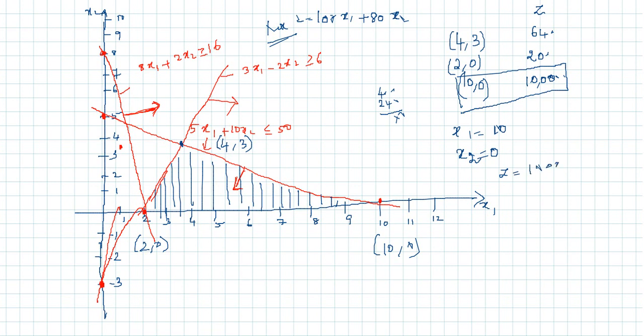So in this type of problem, the difference between the previous tutorial and this tutorial is that every constraint has a different criterion. The first constraint is of greater than or equal to type. The second constraint is of less than or equal to type. It is a mixed type of constraint. So when you go for mixed type of constraints, the identification of the feasible region should be carefully examined and applied. So for this problem, the answer is 10 comma 0, x1 is equal to 10, x2 is equal to 0, and z is equal to 1000.